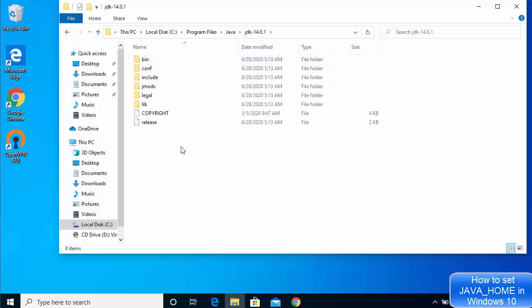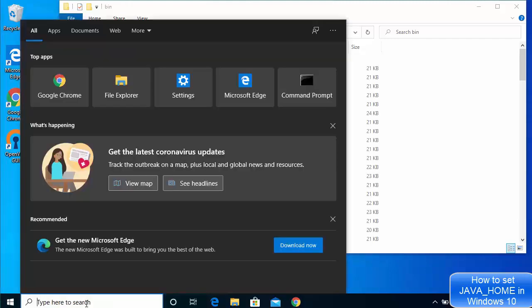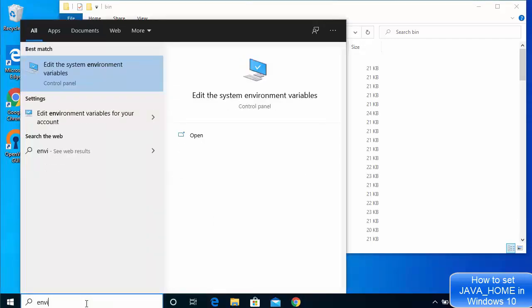And now we are going to set the environment variable for our Java command to work with it. So you need to go inside the bin folder for that, and then just copy this path up to the bin folder inside the Java. So to set the environment variables, you just need to search for environment variables, and you will see this result here which says edit the system environment variables.